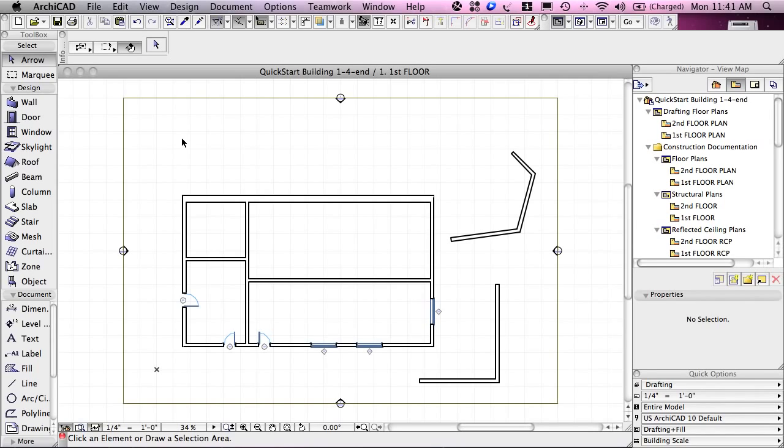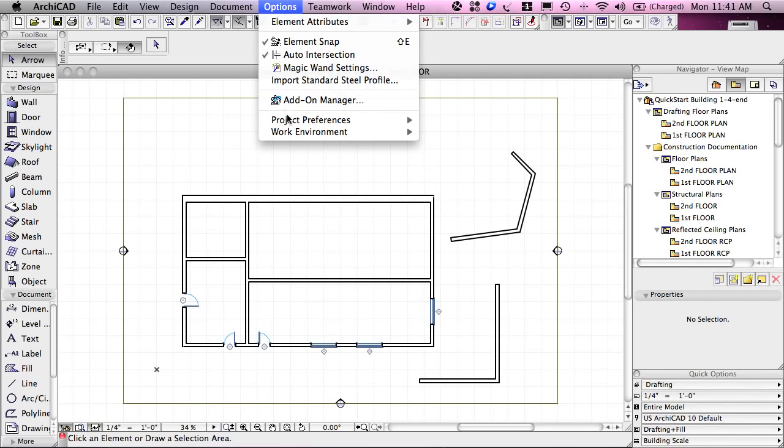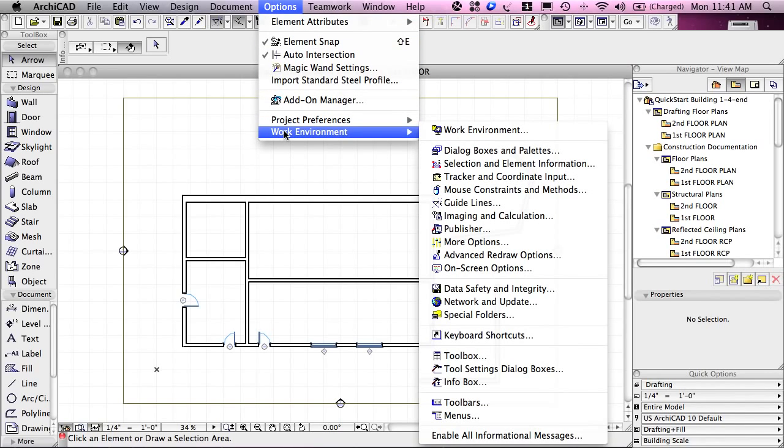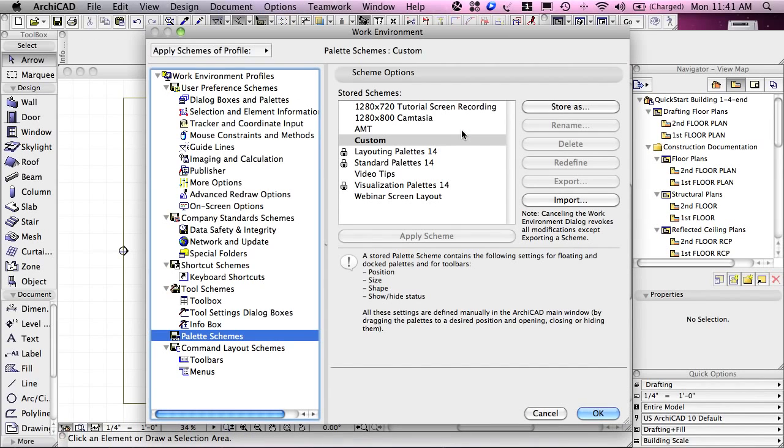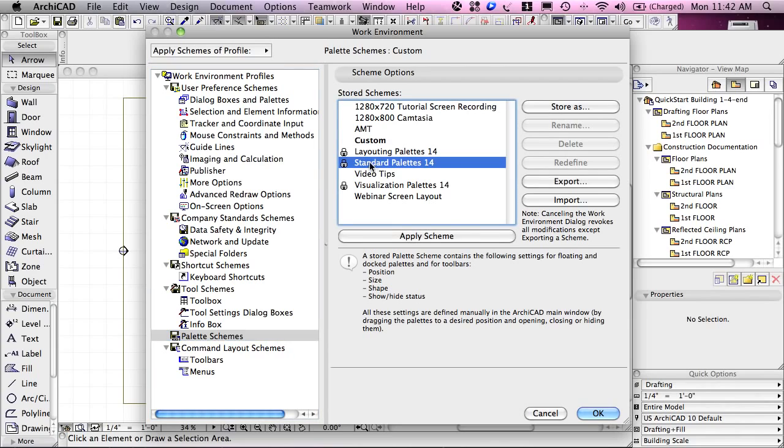set up differently, and to be able to follow the training here more easily, you may need to go to your work environment, options, work environment, and when I bring up that dialog box, you'll see that there is something called palette schemes. If I look, it may have only just 2 or 3 items here, but if I go to standard palettes and apply scheme,